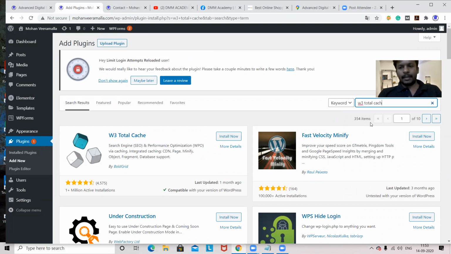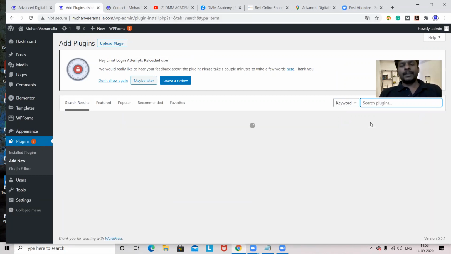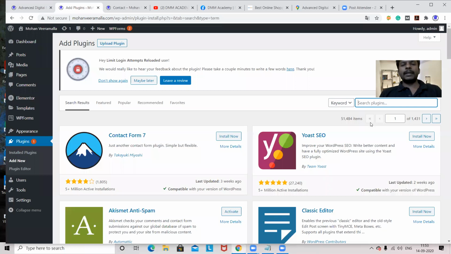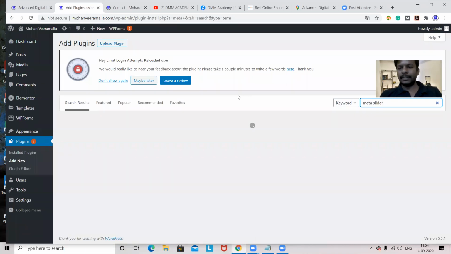Okay. And for example, someone says, I want a slider in my website. I want to show images sliding from left to right. How many images I want to show is my wish, but I want a slider in my website. Do you know slider? Yes, sir. So I want a slider for my website. For that, I'll take a plugin. The plugin's name is Meta Slider. Go with this one. This is a better plugin. You can go with Meta Slider.